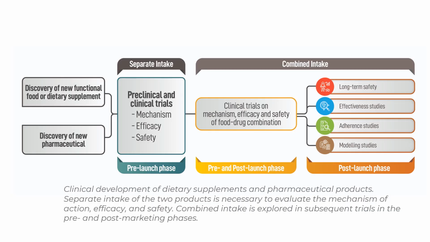These are the clinical development of dietary supplements and pharmaceutical products. We know that a nutraceutical consists of a nutrient part and a pharmaceutical part, so we need to check the nutrient and the pharmaceutical effect. First, to identify it as a nutraceutical, we should separately identify the nutrient part and the pharmaceutical part, and then the combined intake is explored in subsequent trials in the pre and post marketing phases. In the preclinical and clinical trials, we are